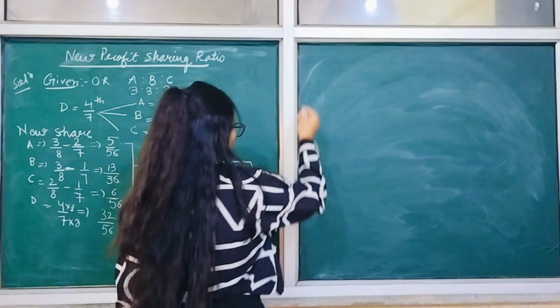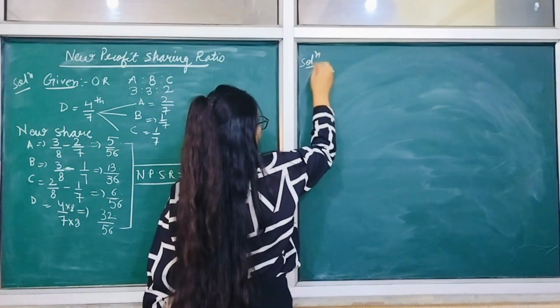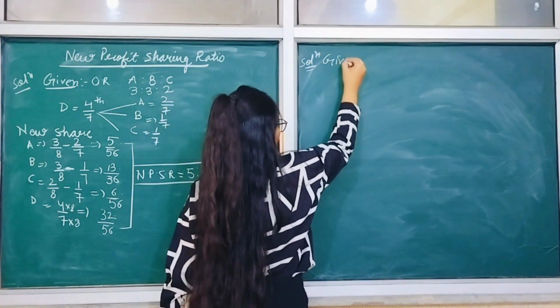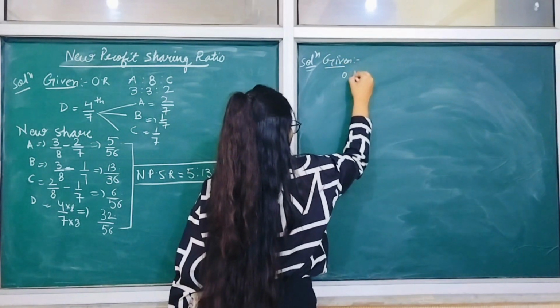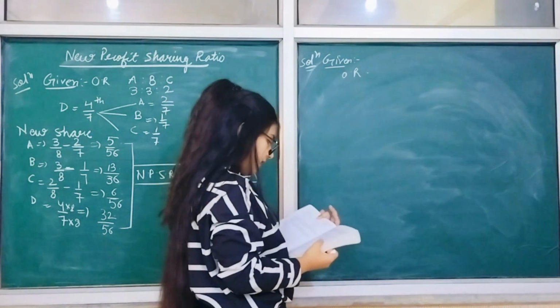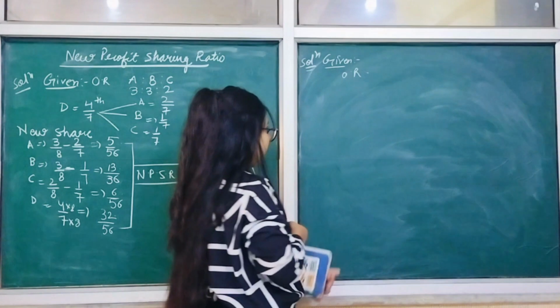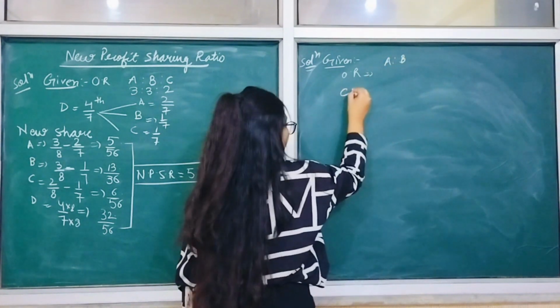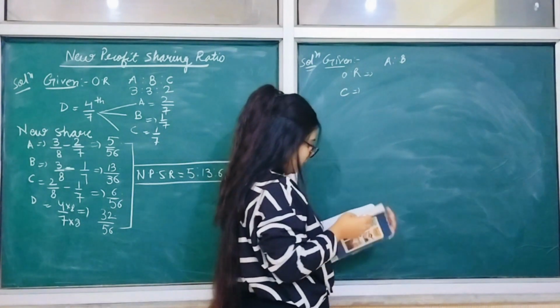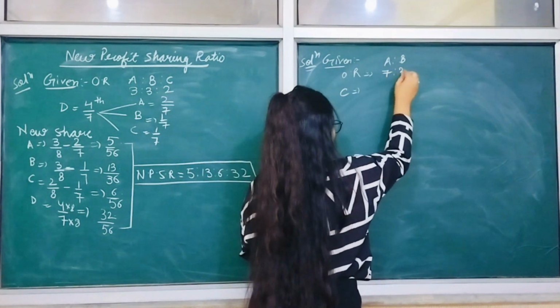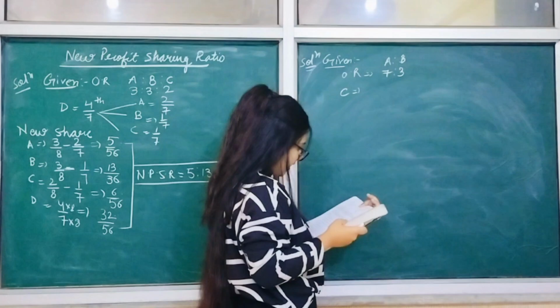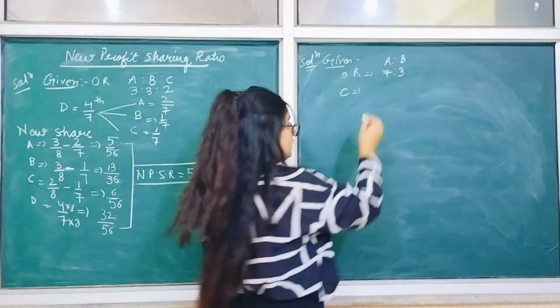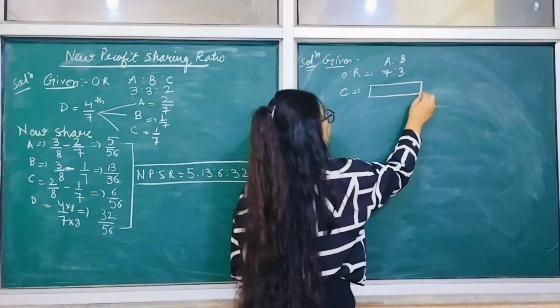Right? So as usual, we are going to write what is given in the question. ओल्ड रेशियो हमारे पुराने दो पार्टनर्स हैं. क्या क्या नाम है पुराने पार्टनर्स का? A, B. परफेक्ट. नया पार्टनर आया हमारा C. तो A, B की पुरानी रेशियो क्या थी? 7:3. और नए पार्टनर का हमारा शेयर कितना होगा? This is what we have to calculate, right?